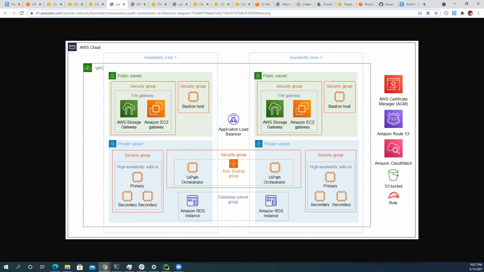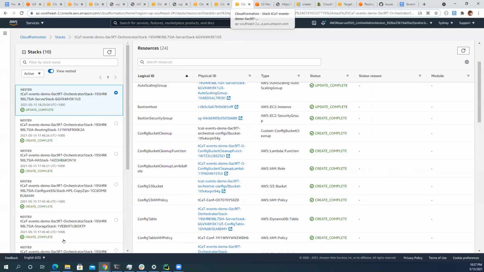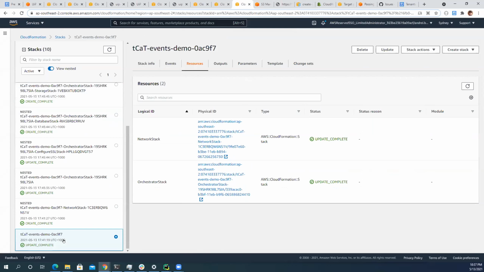Let's see what else we have. Okay. And one more thing, and I think that would be it. I think Mina came up with this question. Let's presume that we have created this deployment and we figured out that it doesn't really work the way we wanted it to work. What we can do is, from a command line, run AWS CloudFormation update stack with new parameters,